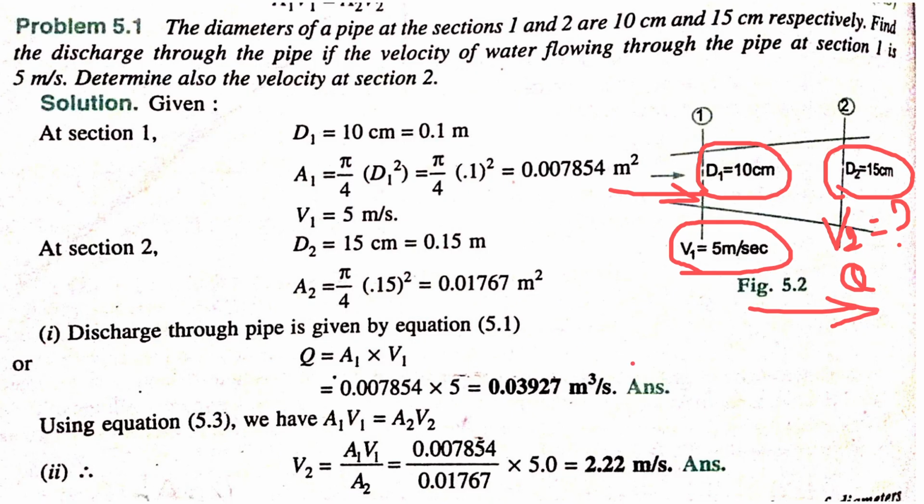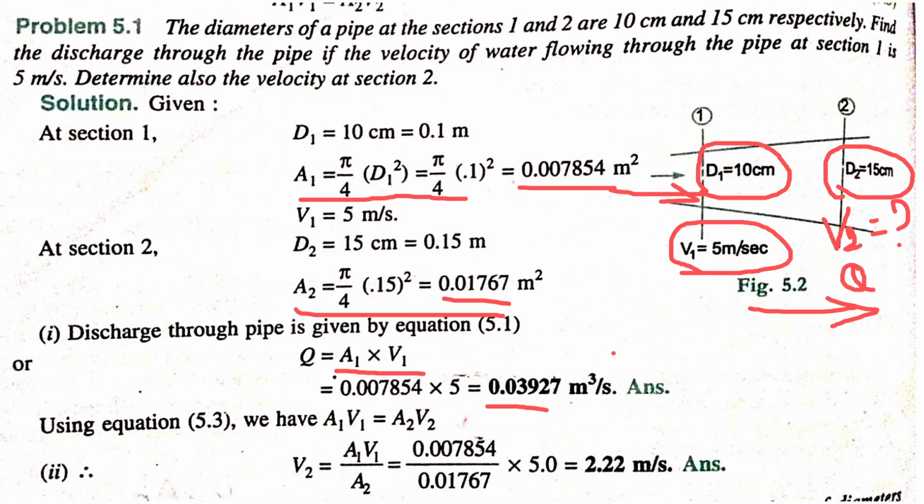So this problem was solved numerically. If you calculate area, pi by 4 d square, where d is 10 centimeter at the inlet, it gives 0.07854 meter square. Similarly, if I calculate the area at the exit, because I already know the exit diameter, which is 15 centimeter, I substitute here and I will get 0.01767 meter square. And if I use area into velocity, I will get the discharge value, that is